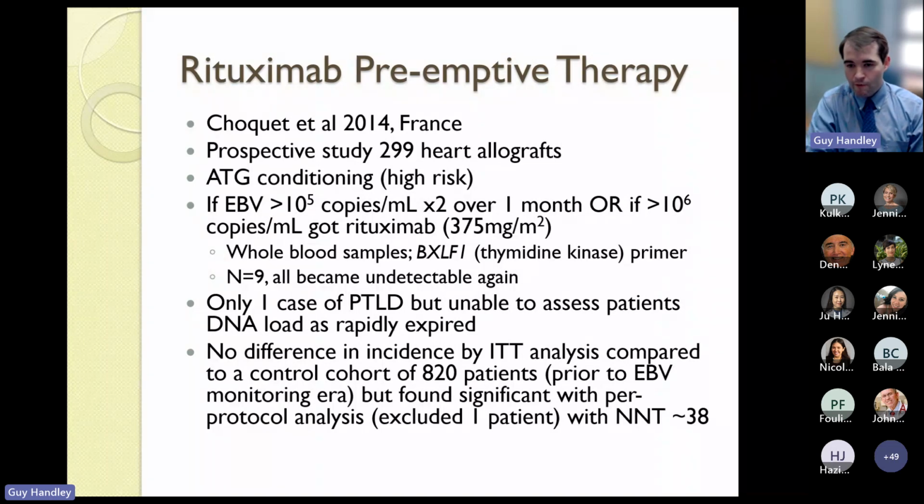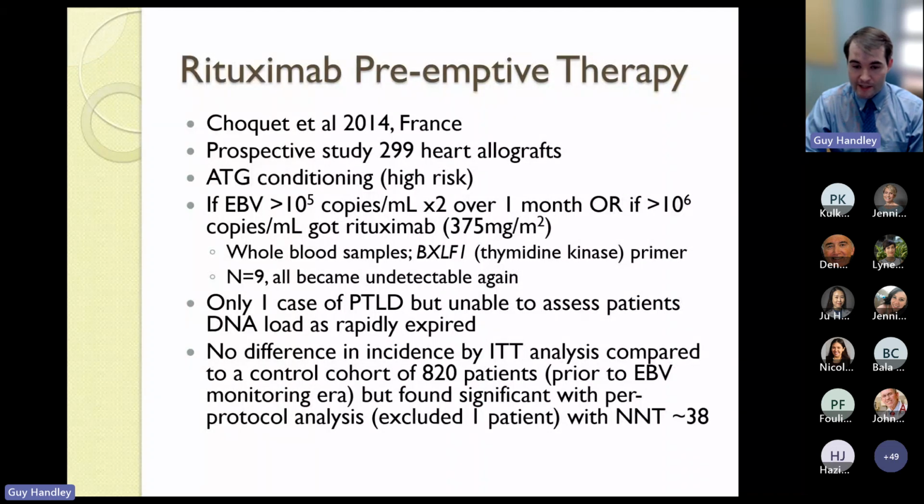What's important for every single one of these studies, like we talked about before, for standardization, is which sample was used: plasma, whole blood, peripheral blood mononuclear cells, and then which primer as well, because certain antigens are going to be expressed in certain cell lines and certain latency programs, and some won't. And so they used a thymidine kinase primer. They had 9 patients overall who received rituximab, all became undetectable. They only had 1 case of PTLD, though, in their study, which limits their